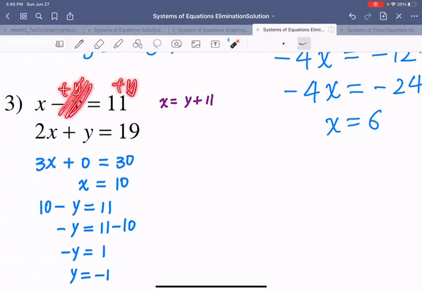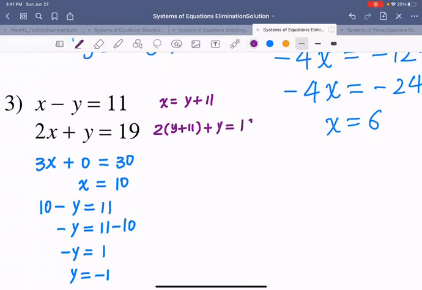Correct? Answer my question, yes or no? Then plug this guy into here. 2 times y plus 11, with parentheses, okay? Plus y